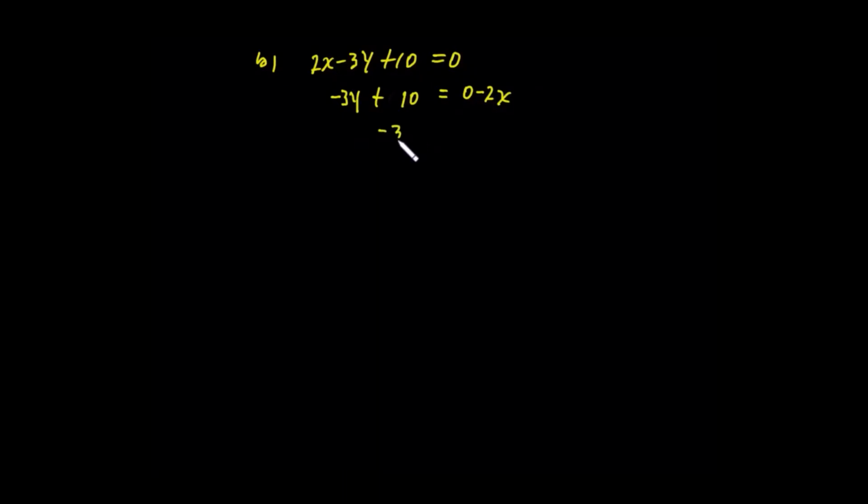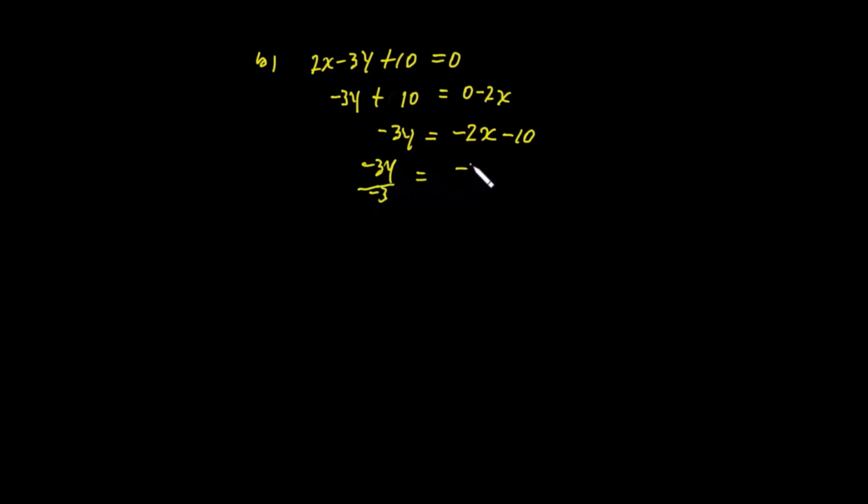-3y is equal to -2x - 10. Now what do you do after this? Divide both sides of the inequality by -3. So -3y over -3